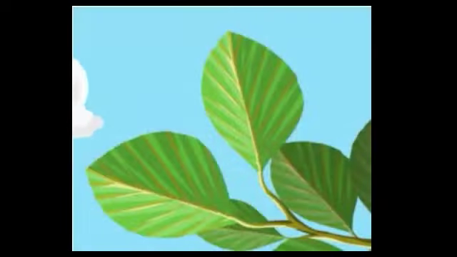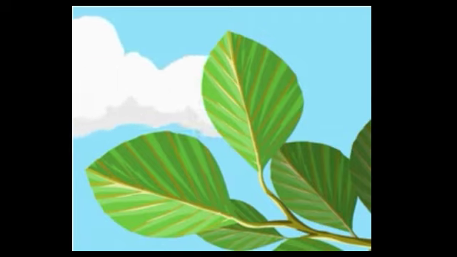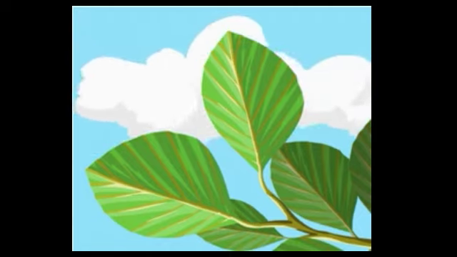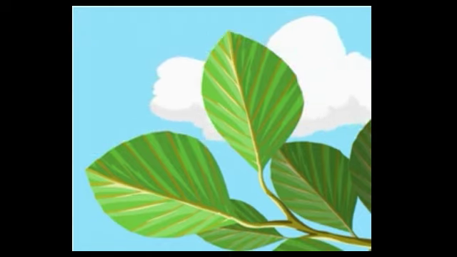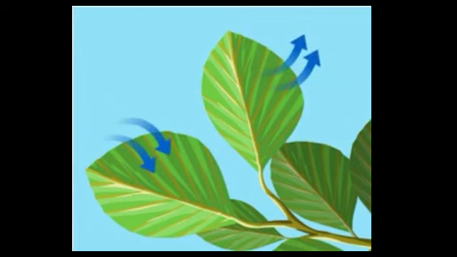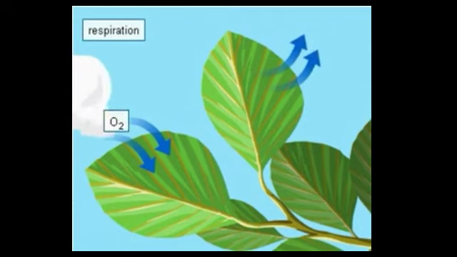Now coming to the stomata, which are generally present on the lower surface of the leaf, we'll see how the gaseous exchanges happen. This is the third important function of the leaf. In gaseous exchange, plants generally perform two major functions, photosynthesis as well as respiration. During photosynthesis, plants take in carbon dioxide, prepare food and release oxygen along with water vapor. But during respiration, they take in oxygen and